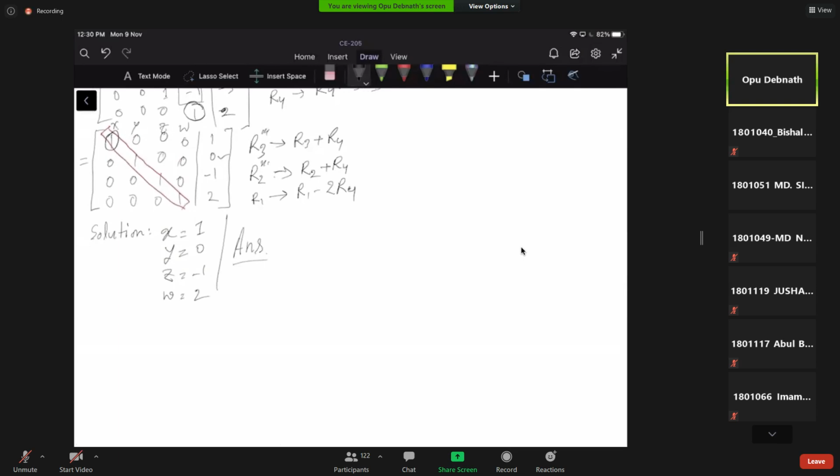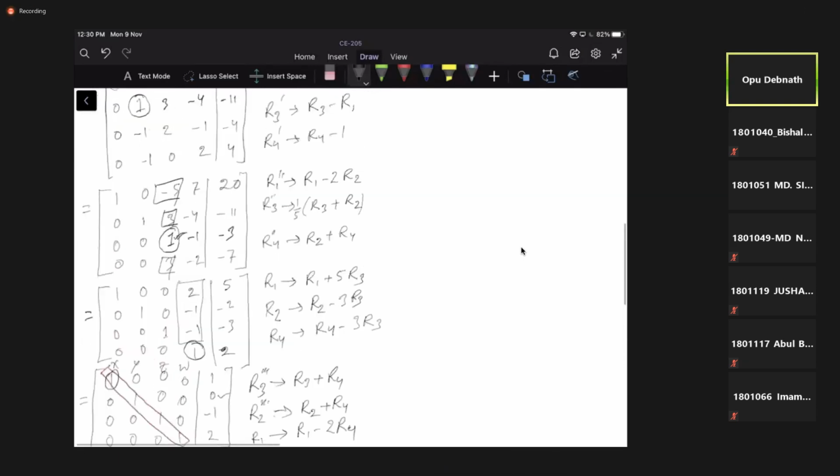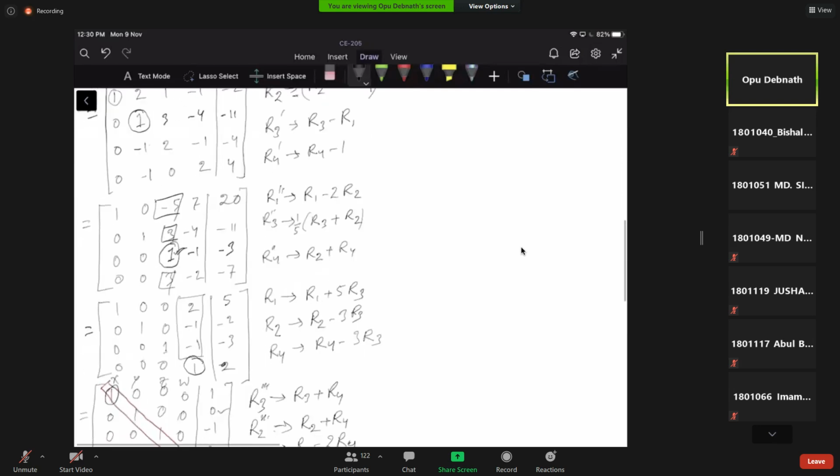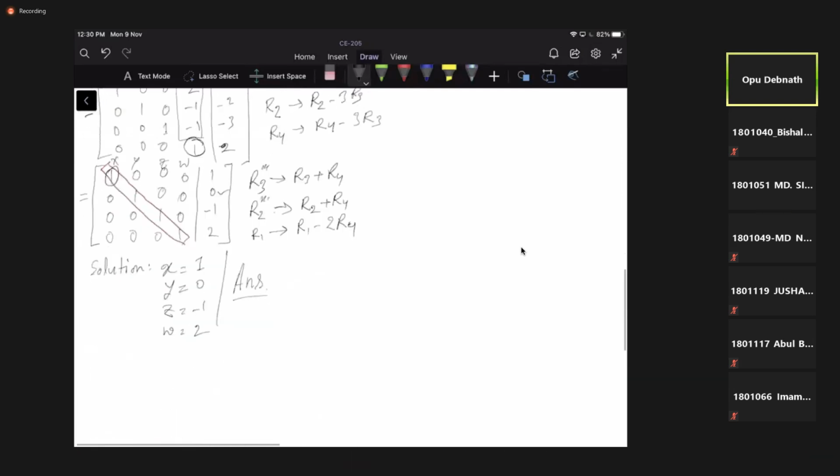And I think these two steps are very easy, and for iteration method,